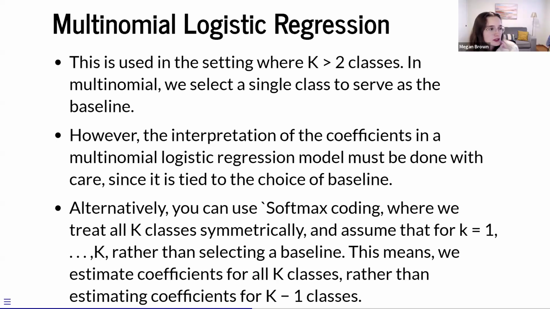The multinomial logistic regression is used when predicting a variable with more than two classes, and we need to select a class to serve as the baseline. But the interpretation of the coefficients has to be tied to that choice of baseline. Or there's this softmax coding, which it sounds like we're going to go more into in the resampling, I think the next chapter. Okay,